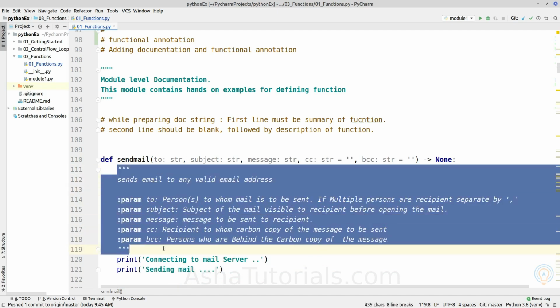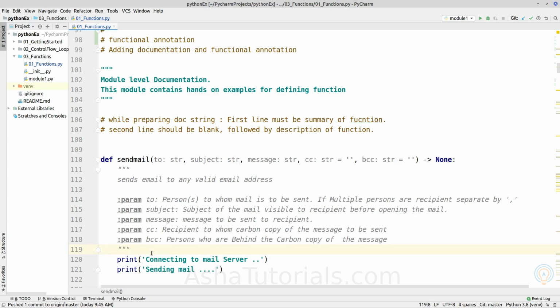Now this is the documentation string as we explained earlier, but we will extend that documentation further to the parameters. The first line will be a multi-line string, and the first statement of the multi-line string is the documentation of the function.